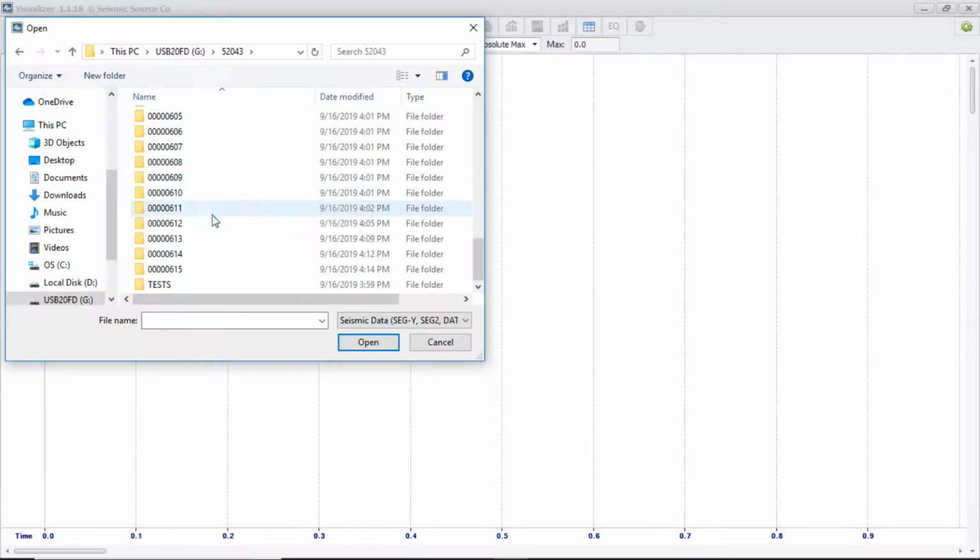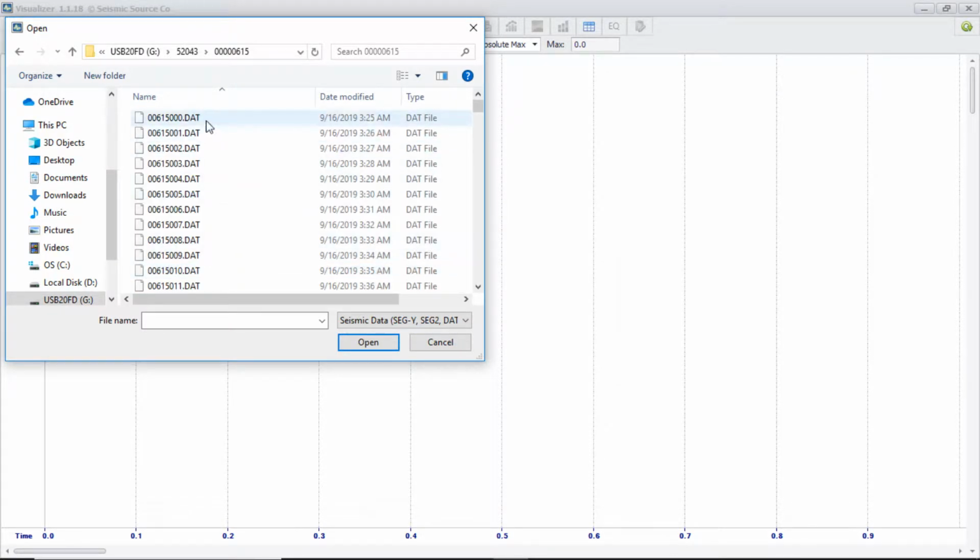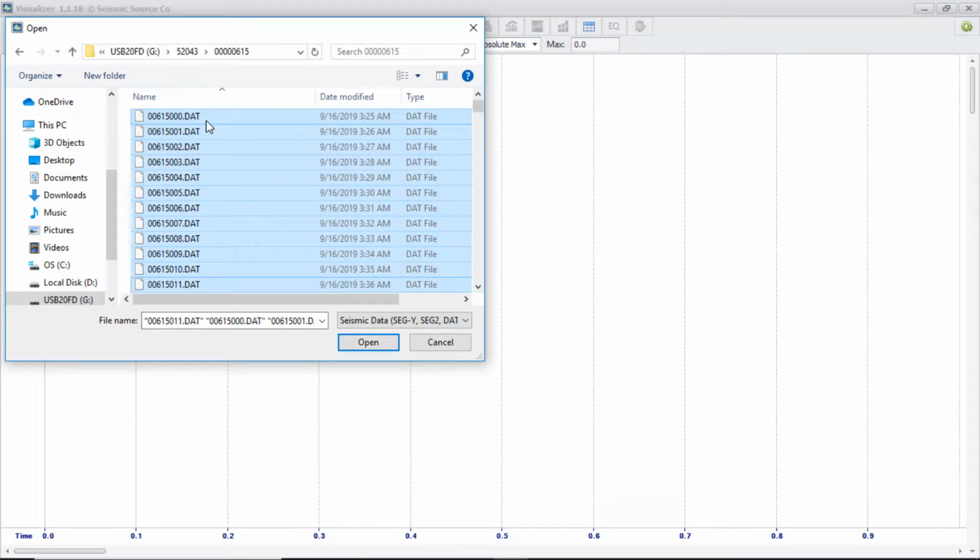The bigger the file number, the more recent the data is. So down here 615 is the most recent data, and up here 565 is the oldest data. So we'll click on 615 here, and we'll select about 10 minutes of data. These are all 1-minute data files. And we'll click Open,